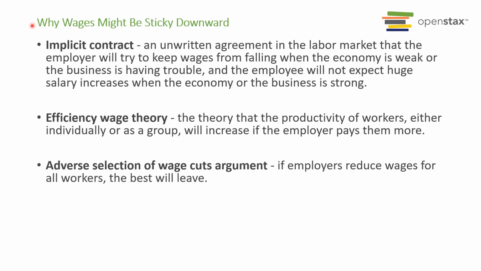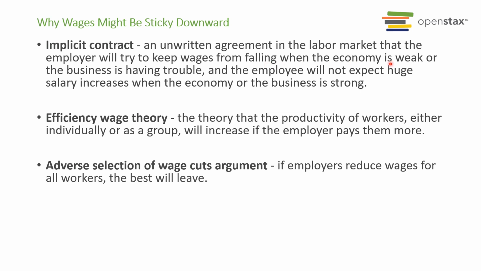So if the model says that sticky wages might provide a source for unemployment, one of the questions we might want to ask is, why would wages be sticky in the downward direction? There's a handful of theories on the next couple of slides. This first one's called the implicit contract theory. This is sort of an invisible handshake or an unwritten agreement between employers and employees. They've come to this really interesting equilibrium where the employer, when the economy is doing badly, is going to try to keep wages from falling,